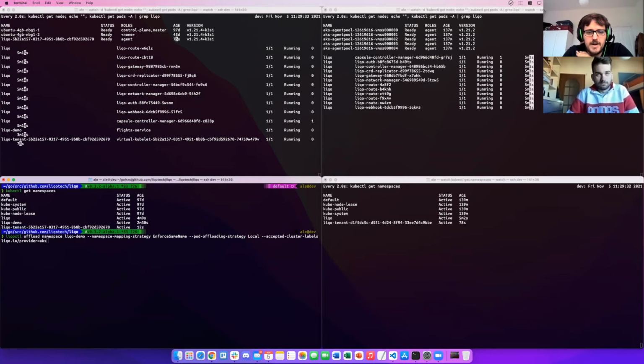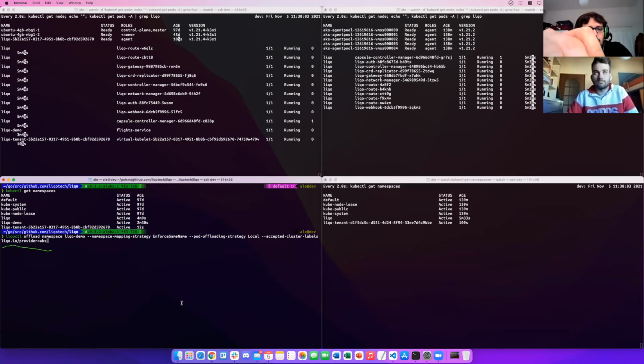The last one is about which cluster has to be selected for the namespace offloading, so for the namespace replication. We just say we want our namespace to be replicated on the clusters which have this label, lico.io/provider equal to AKS. The cluster we have here, AKS, has this label.